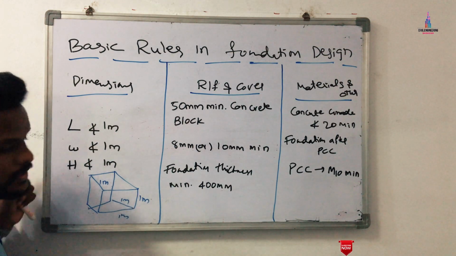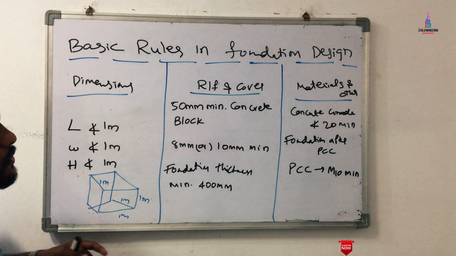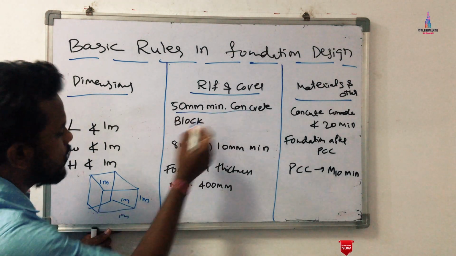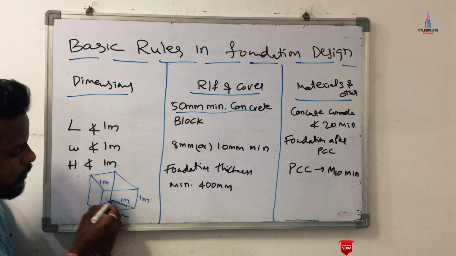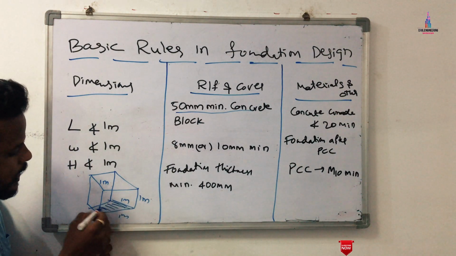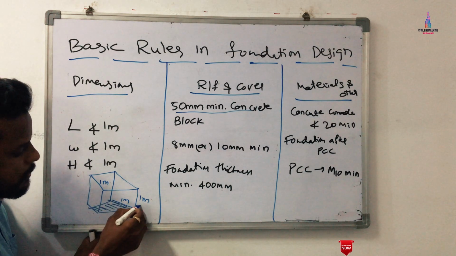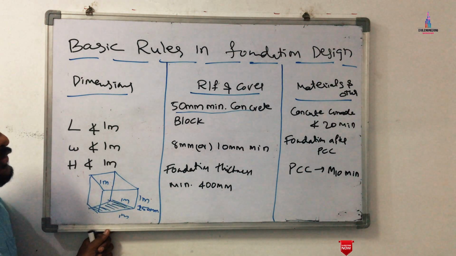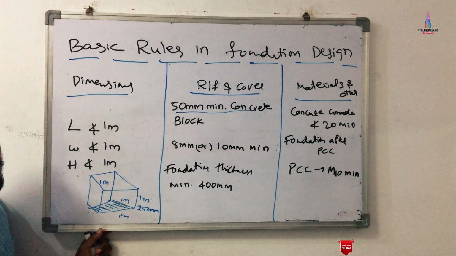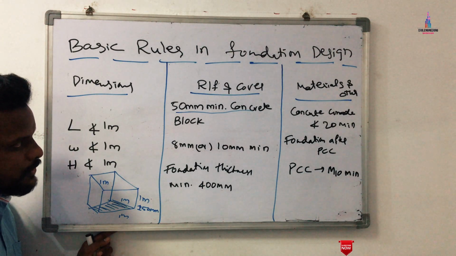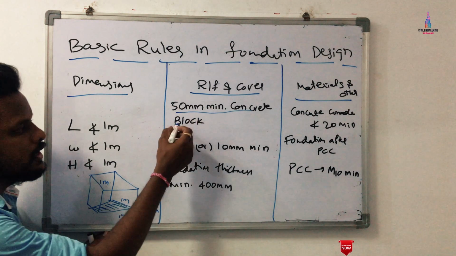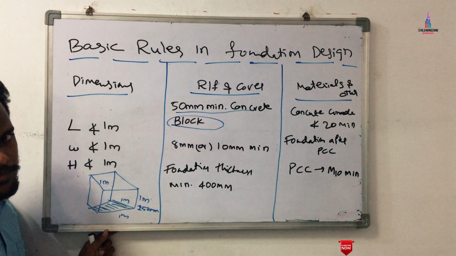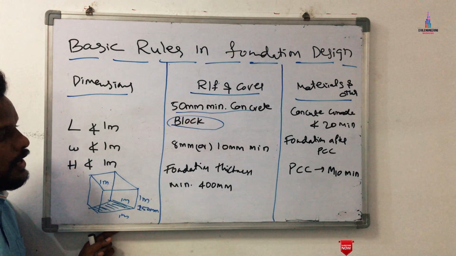For this section, initially we need to use the concrete cover block under the foundation. So this is the foundation under which we need to use at least a minimum of 50 mm cover. Basically, the section below consists of 50 mm cover that we need to use before construction of the foundation section. This is the first point for the concrete block under the foundation. And the second one is reinforcement bars.